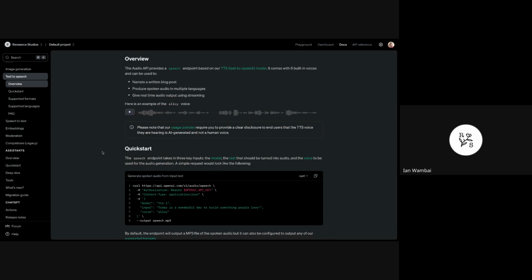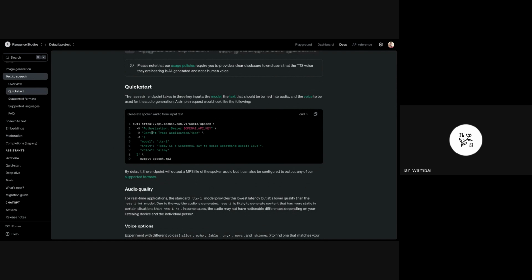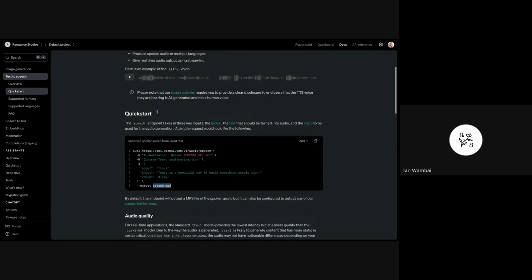So that's an example of a voice. Let's say you have a blog or you even have a podcast or something. You want to translate it into a different language. It's possible for you to use this AI for that. And you can do it also using the API. You just say audio, speech, you say the model, and then you give it the words that you want, and it'll return an output, which is an MP3 file. So you give it text, it returns an MP3 file of audio. Hey, this is quite simple. Yeah, exactly. It's very simple to use, but it's also very powerful because, as you can hear,